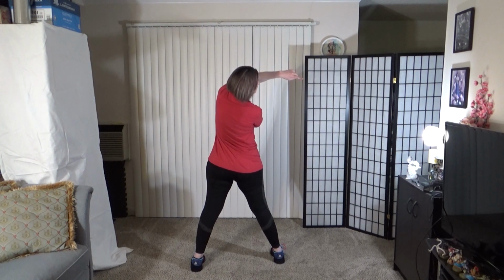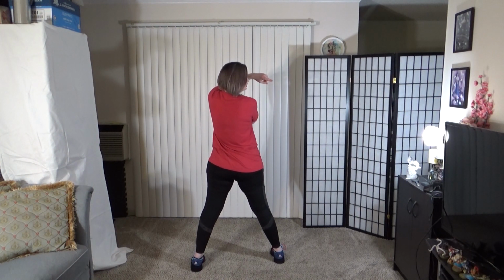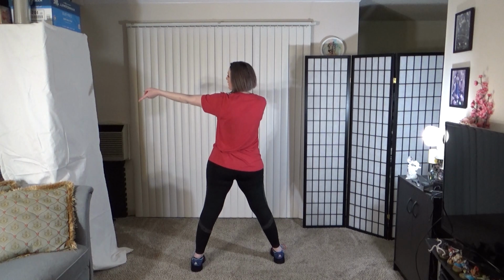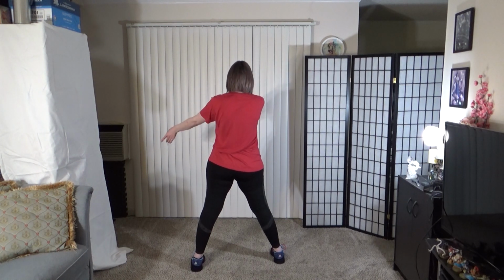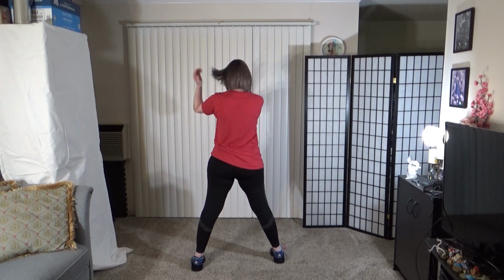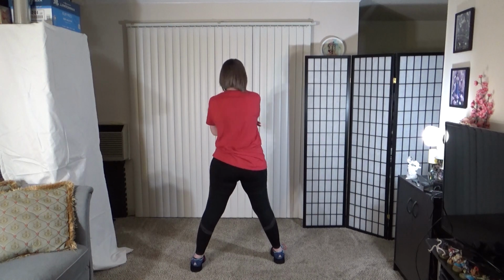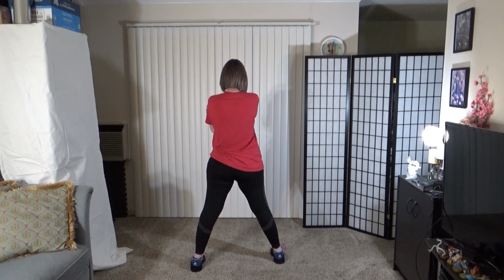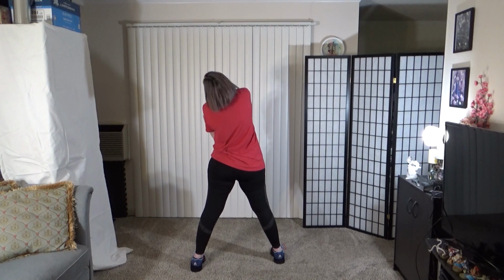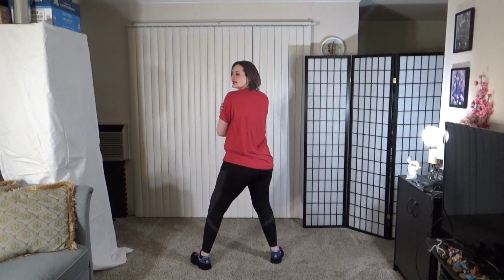So technically this would be your left and then to the right. So going this way, I'm trying to make this as easy as possible because rolling movements are difficult when you're trying to learn them. So we're here, rolling our head around, and then you're gonna come look over your left shoulder, and you have your elbow up here, and then you're gonna come back, and then you're gonna step together,